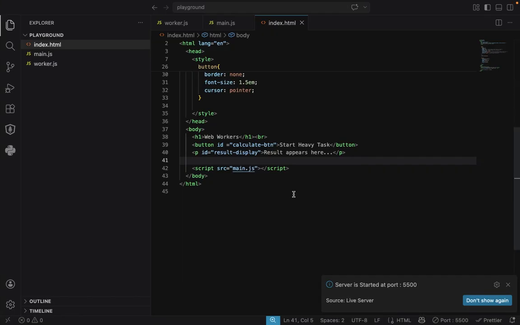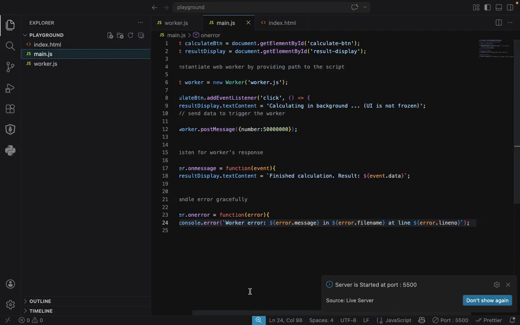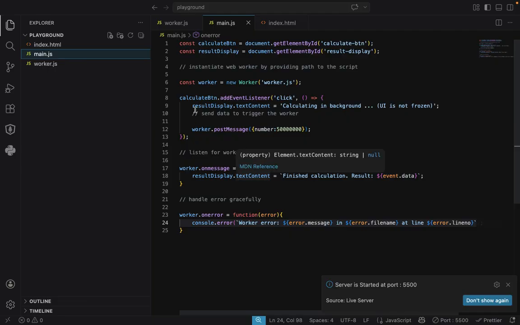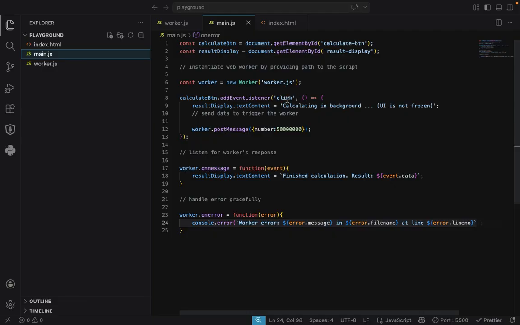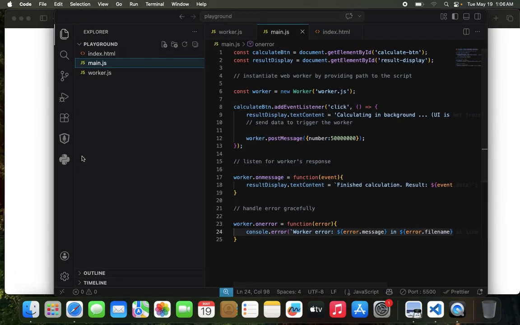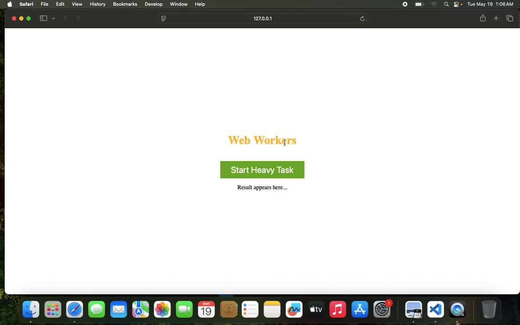Okay, so Safari is booting up. Go to main thread, calculateBtn, that addEventListener. So when I click on this button, we have worker.postMessage. It's going to send this number to our worker thread. So let's see, are we ready? Okay, so now we have web workers. Start heavy task, then result appears here. So this is what we have